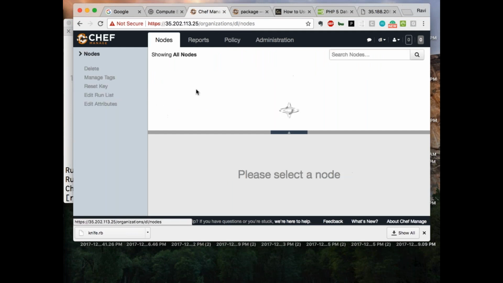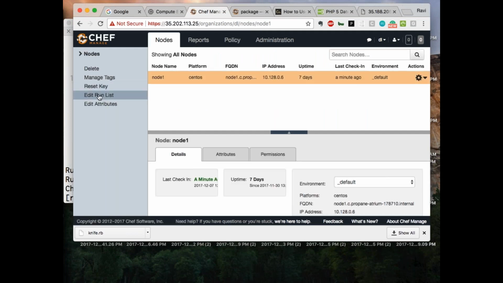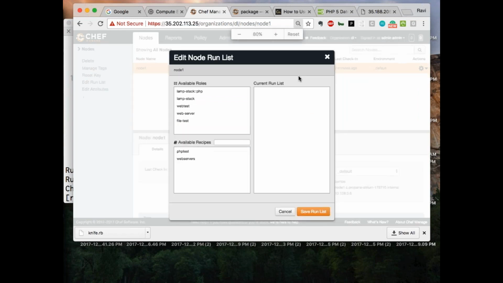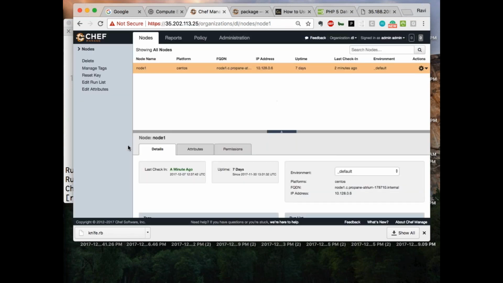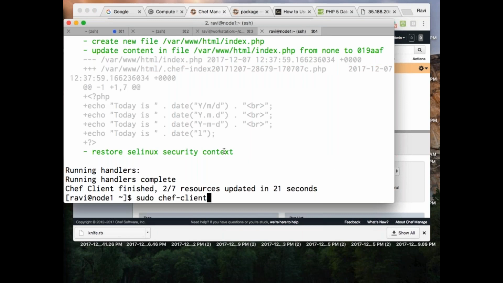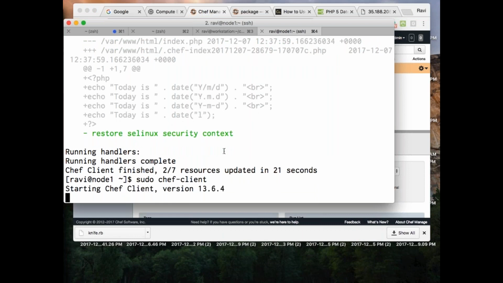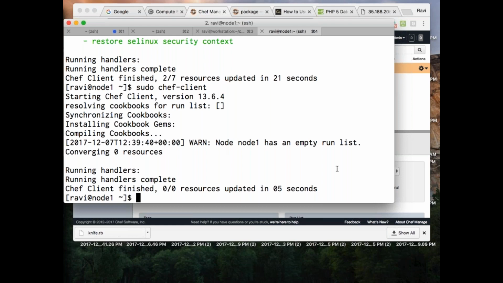So I'll say, what is my node? I'll say delete values. So I don't want anything else. I only want nothing else anyway.